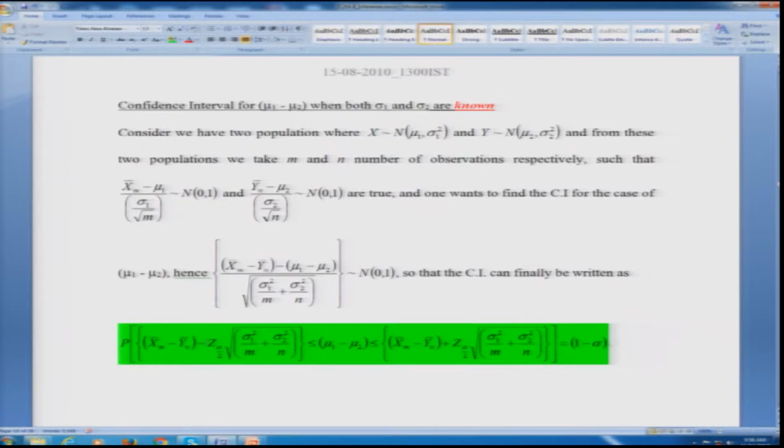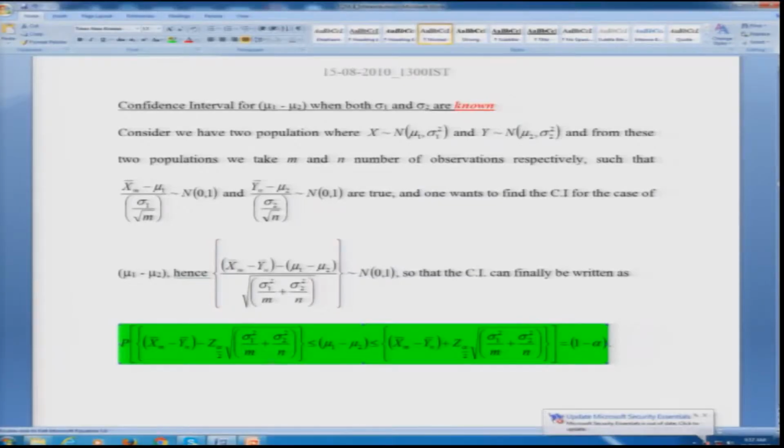In the other case, when there was only one population, it was basically z alpha by 2 into sigma, which is the population standard deviation, divided by square root of n, because that was sigma square by n, the sample mean's variance. So, in this case again the second part, which is under the square root, is basically the replacement of sigma by square root of n. So, that is less than or equal to the population mean difference,